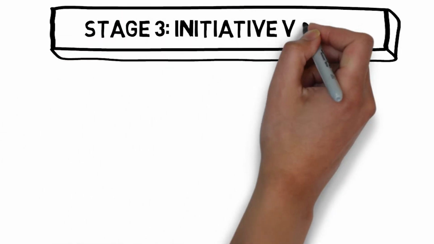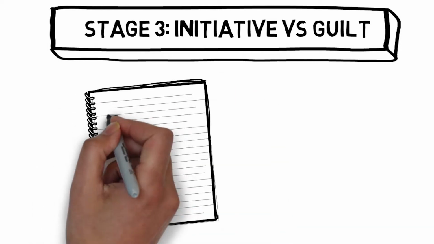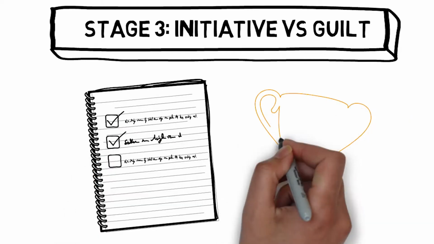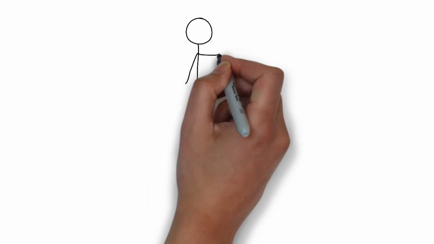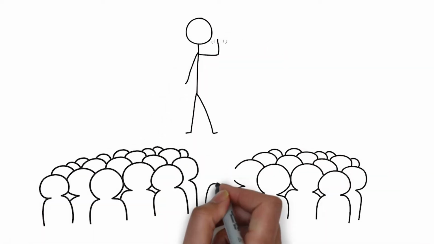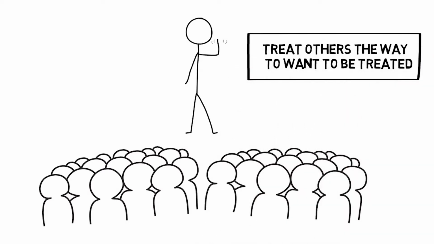Beginning with stage 3, initiative versus guilt. In this stage, the children will start to take initiative by planning activities, accomplishing tasks, and overcoming challenges. The guardians and caregivers need to give encouragement to the individual and help them make the right choices. It is their job to set boundaries and to reinforce what they are told.